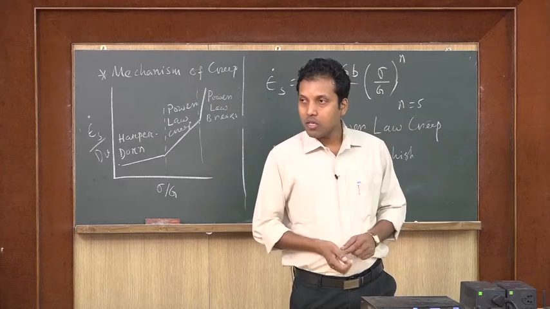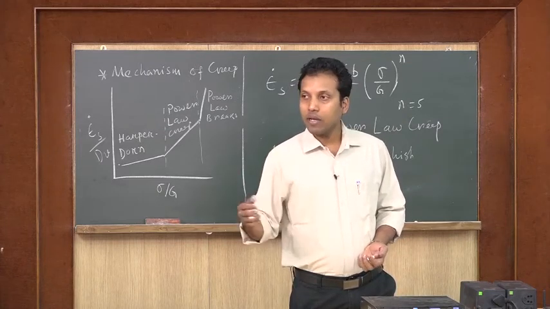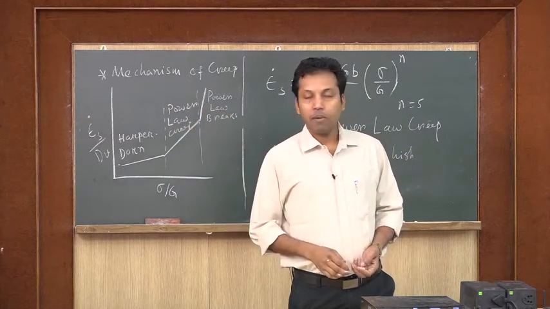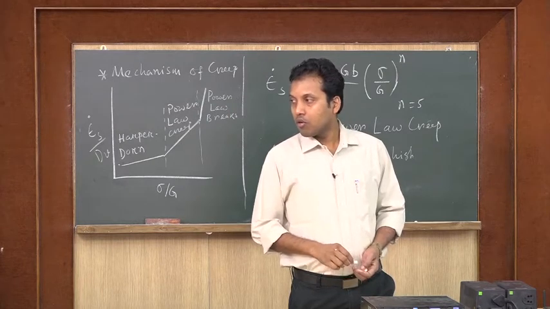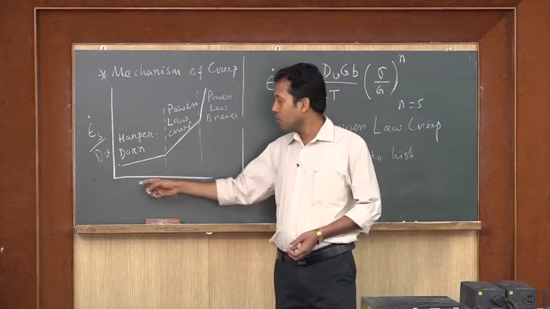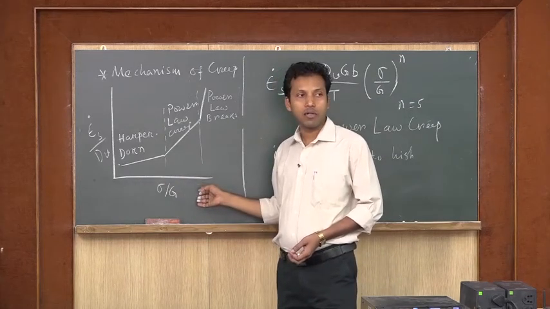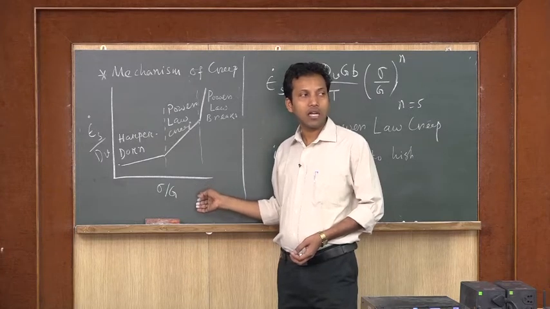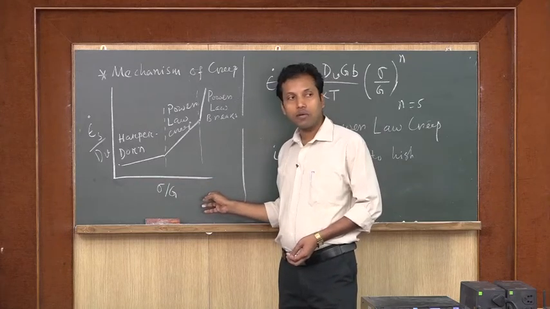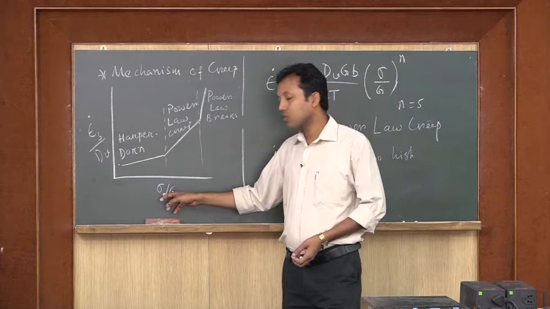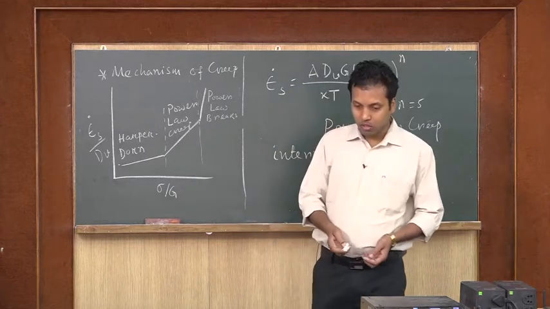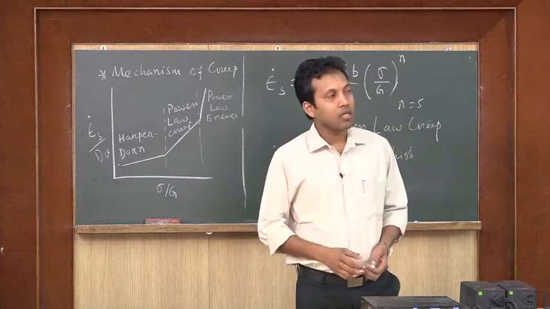The simple thing is, if I am working with magnesium and if I am working with a material of high strength like alumina, the applied stress ranges obviously will be different. Say this diagram we have prepared for aluminum or magnesium, for which the sigma will be maximum up to 500 megapascal or so, maybe less than that also, 300 400 megapascal. But if I work with alumina which is high strength compared to this, I must not be doing the tests with 300 400 megapascal, something higher than that.